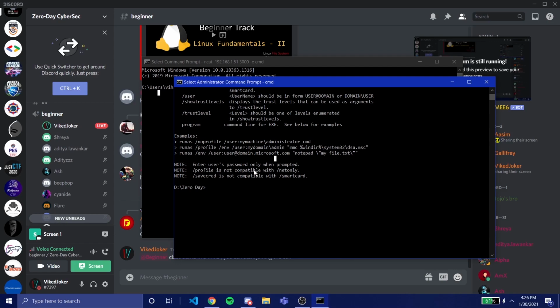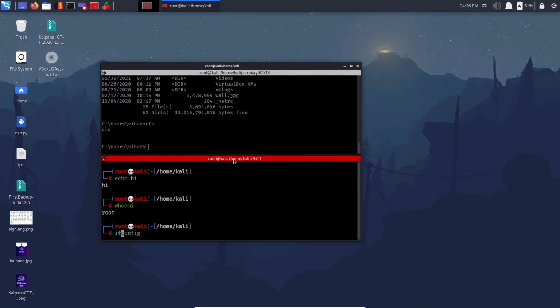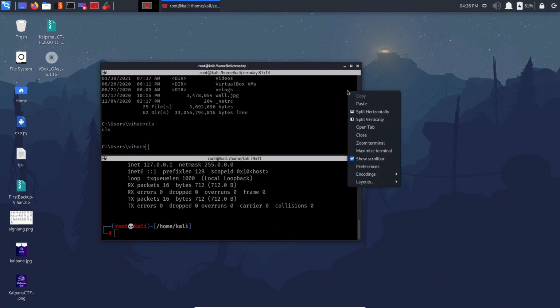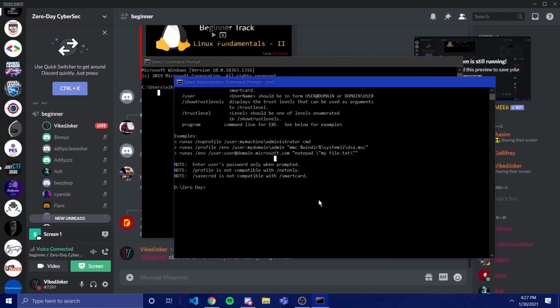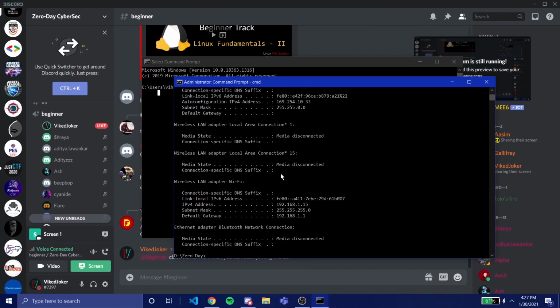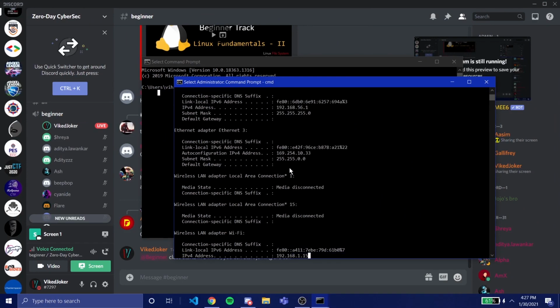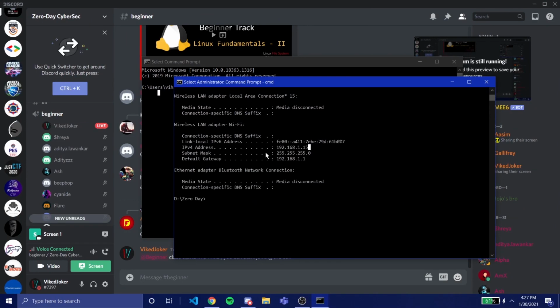Again, to connect with the networks and everything, I forgot this. We use ifconfig a lot, right? In Kali to get the IP address and the ports and all other information. The similar command in Windows is ipconfig. Just one letter difference. So it should have everything, your gateway, your IP address, and it looks cleaner, I guess. Yeah. So that was ipconfig.